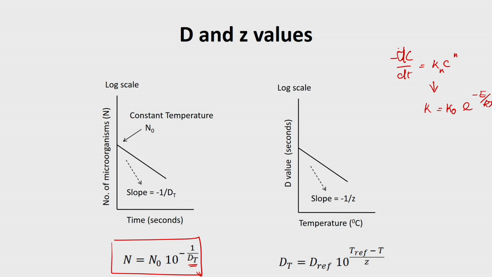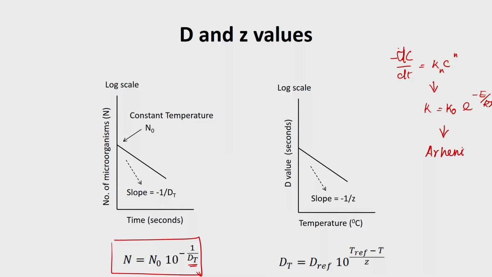Here also it is referred to kinetic expressions, but here it is how my microorganism is getting deactivated at a particular temperature with time. It talks about how long it requires at a particular temperature to kill microorganisms from the initial count to the final count. So here it talks more about temperature dependency. It is related to the kinetic model, which we call the Arrhenius model. So this is how, at each temperature, what my D value is. I will plot it, and this also follows a linear expression, the slope being minus 1 upon Z.